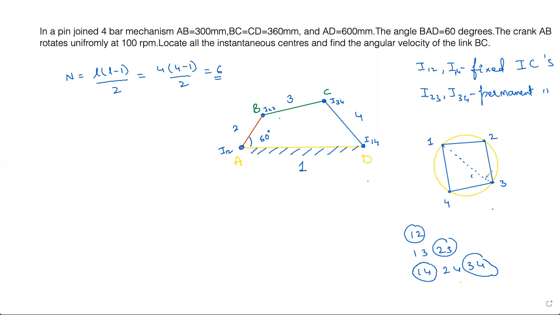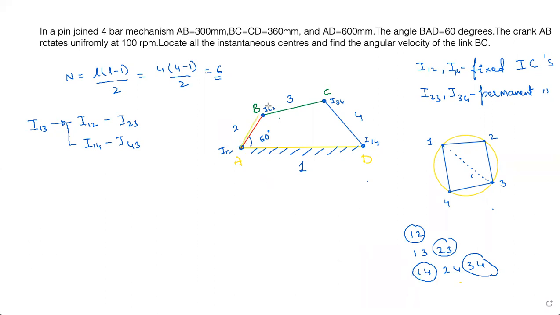So for 13, connect 1 and 3 and look at the adjacent triangles. You can see two triangles, right, on either side. So look at one of the triangles now. To find out I13, I'm going to do this. So it is I12, it means this side, one side and then the other side, I23. If you connect these both and extend a line, I12 and I23, this is the first step. And then you have to check the other side of the triangle, I14, I43. So now with I12 and I23, I12 is here, I23 is here, extend it. So I'm going to extend that line.